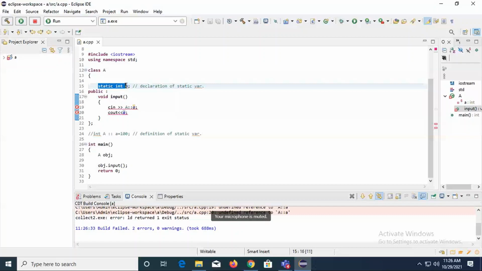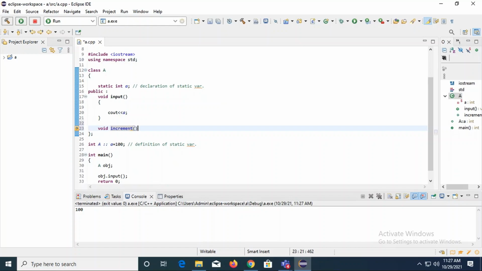Now I will add here one function, void increment. And what I will do now, I will try to make this a static function. So I will make it static and I will just put here a plus plus.